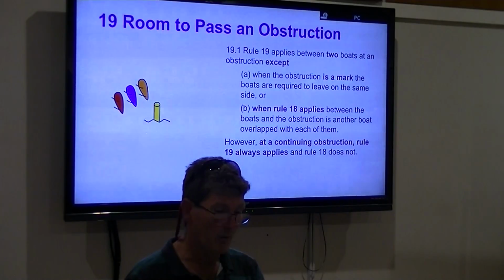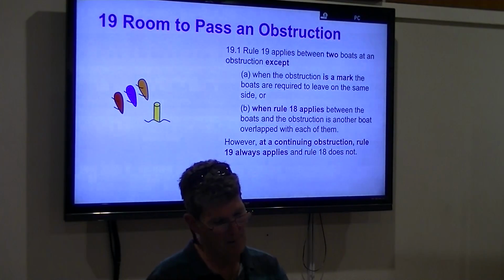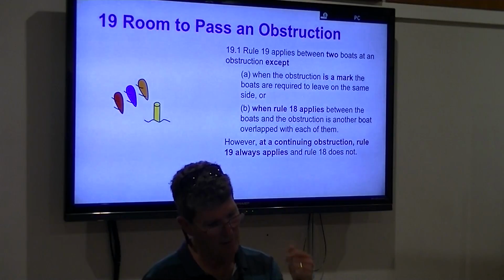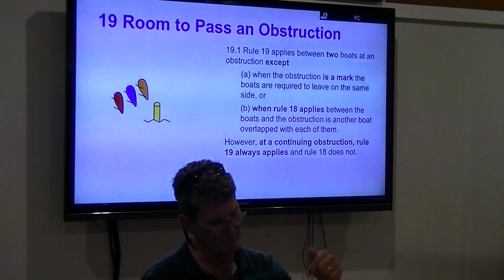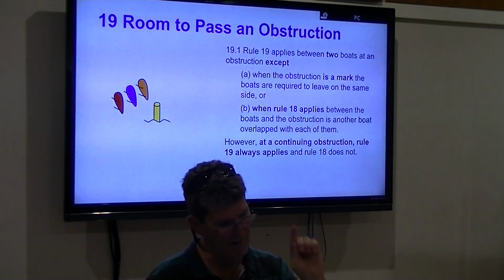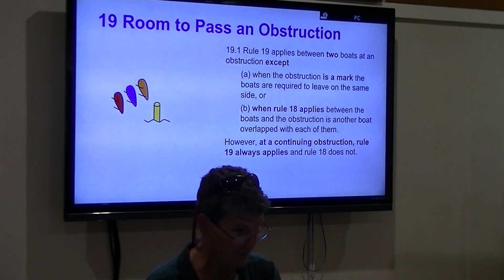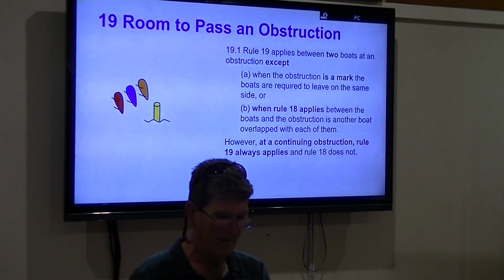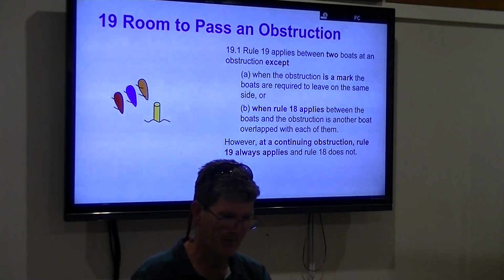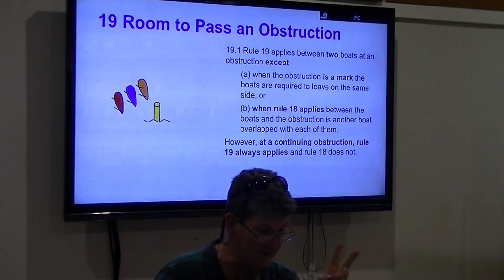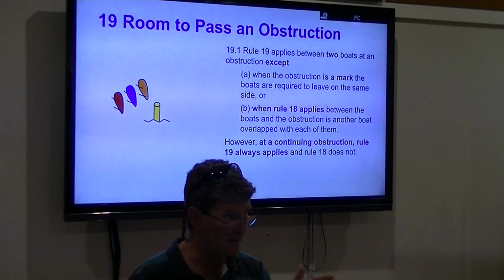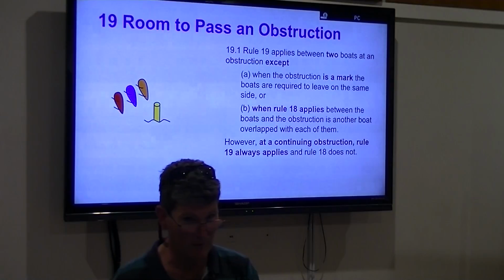we also had the fact that orange is windward boat, blue is windward boat, and red is windward boat. So because you have to keep clear of red, orange has to keep clear of red. So red is an obstruction to orange, or red was an obstruction to orange. It gets complicated here. Stay with me. So we had a duality, that if red was squeezing up to that mark, not giving very much space,